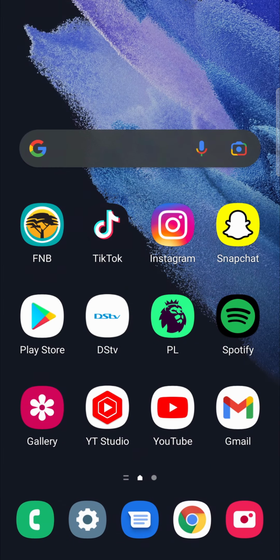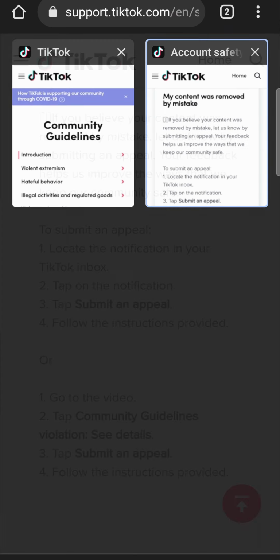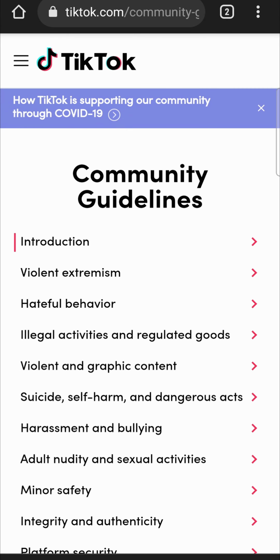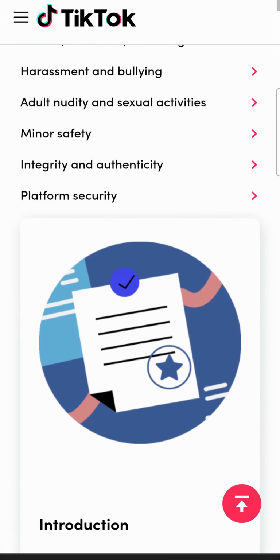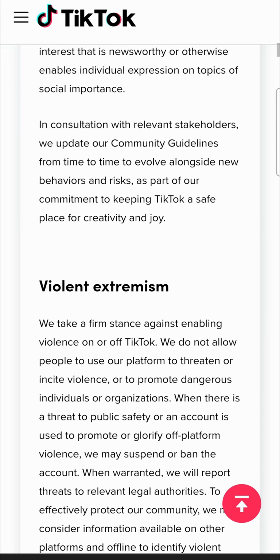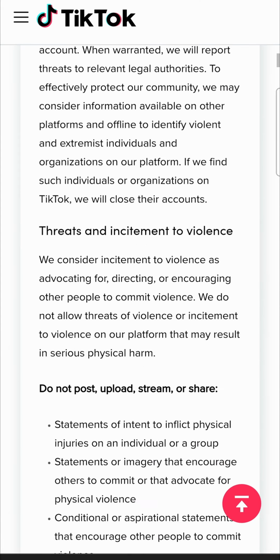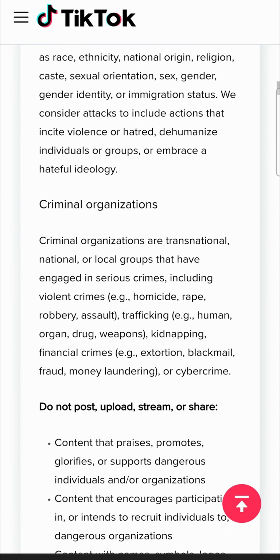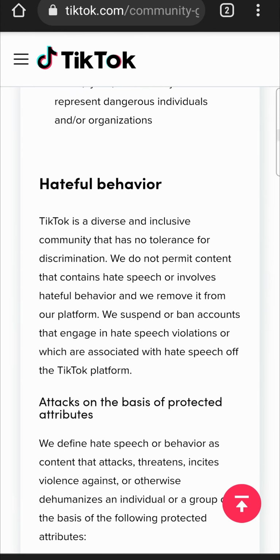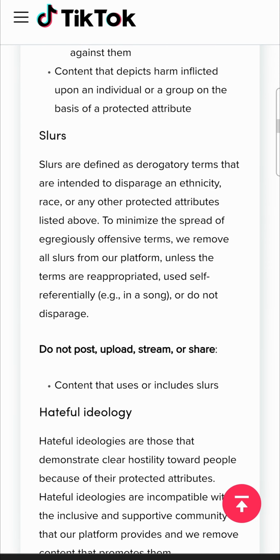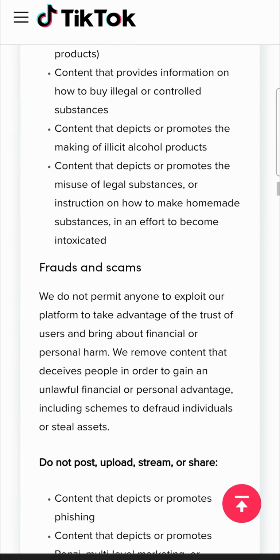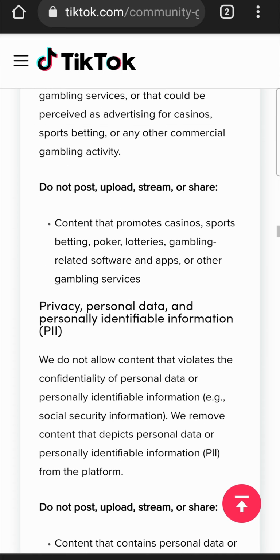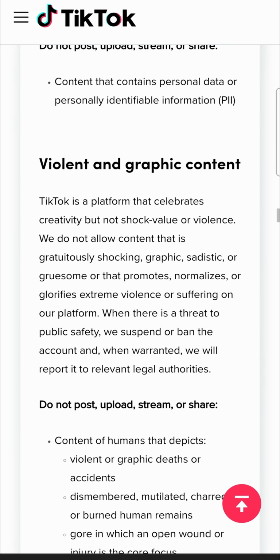So what are the community guidelines? Well, if I go to this page right here, this is the community guidelines of TikTok, and I'll link this in the description so you can read all of them in your own time. But here it says you don't want to post violent extremism content, and you can read about it. It is very long and in-depth. Hateful behavior, that'll definitely get your video taken down. Illegal activities and regulated goods, that is obvious. And it just goes on and tells you what you cannot do, gambling and things of that nature,